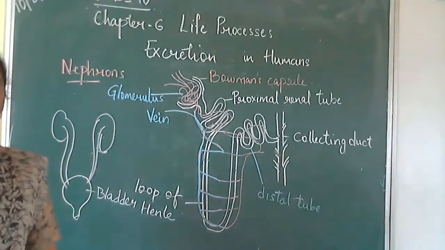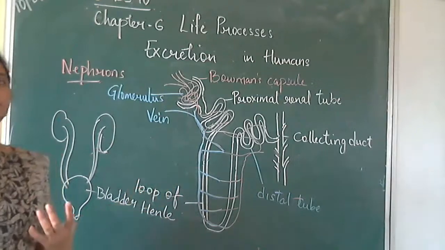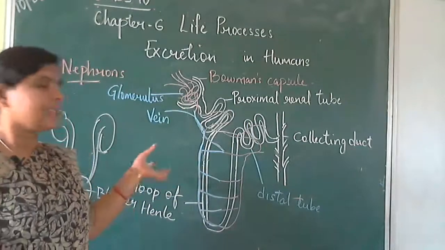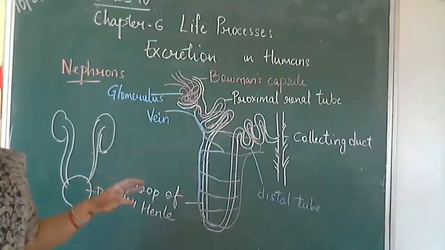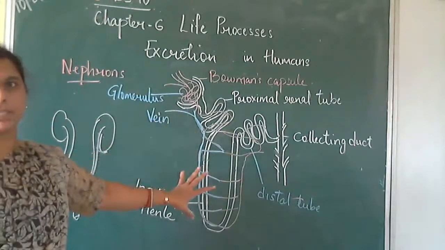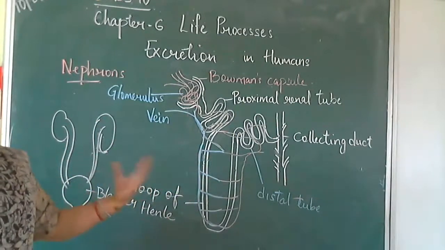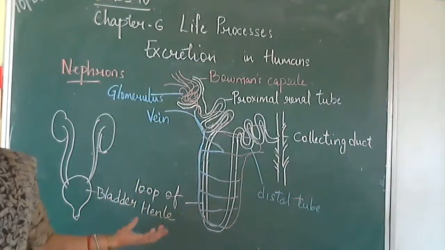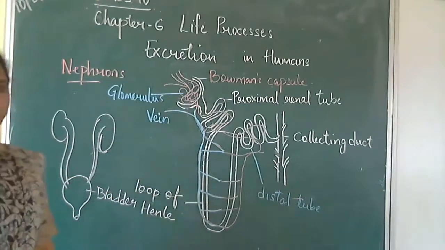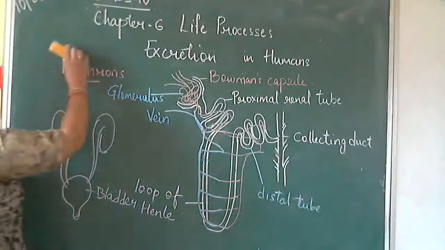Understood? And see, normally you might have heard of the process of dialysis. So what is dialysis? An artificial dialysis instrument is used, where sometimes due to some health problems or kidney problems, a person's kidney may not work properly. So artificially we use dialysis, which works on the same principle. Understood? But there is a bag attached which has to be manually removed or cleaned. Okay, that is about excretion in human beings. Is it clear? Next, moving on to excretion in plants.